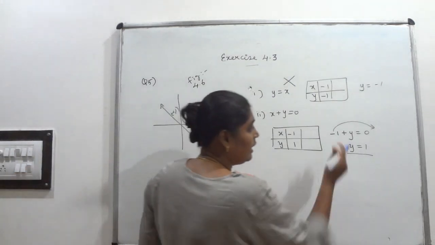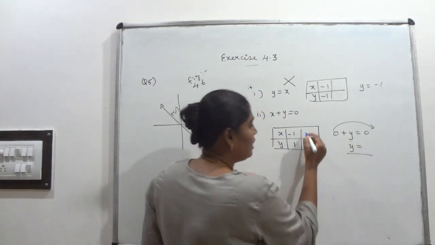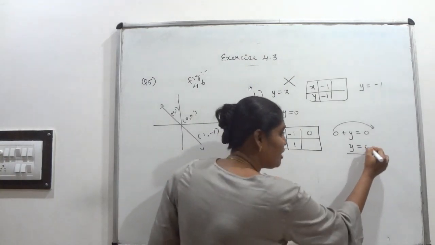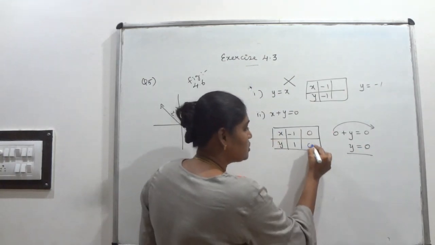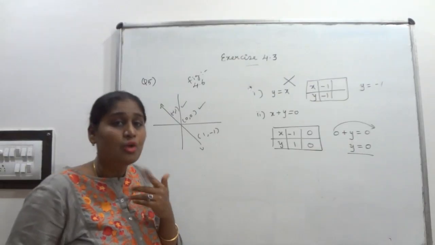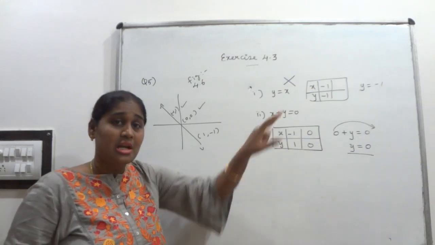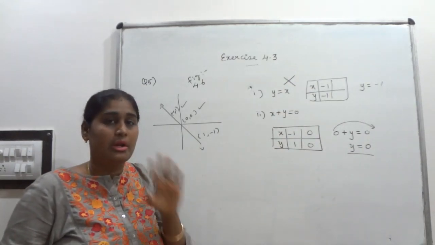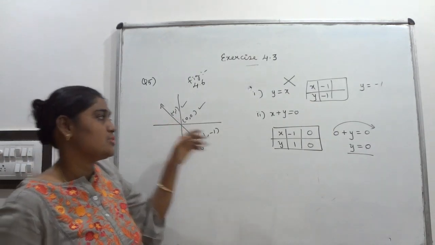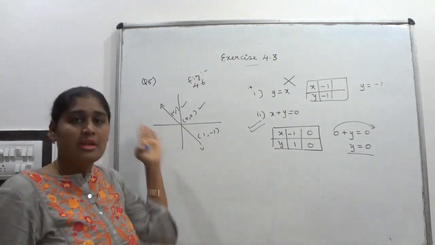Go for 0 and 0. One more point. If I keep the x value as 0, what will the y value be? Let us see. Plus 0 goes that side, minus 0, 0 minus 0, 0 only. So 0 came. So these 2 points are right. I already told you, to draw the line equation you have to find at least 2 coordinate points. That's why I solved 2 coordinate points. That's why this equation is right, suitable for the given line.